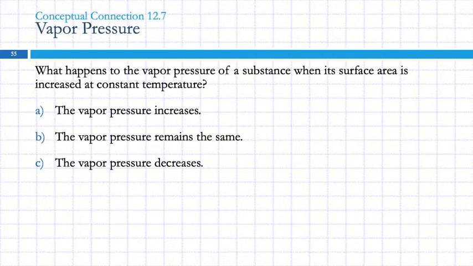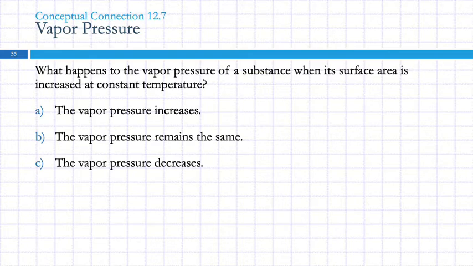How would increasing the surface area affect the rate of condensation? So you think about the gas molecules bouncing around. Now we're giving them a huge target. More of them are going to hit the surface, right? Because that's when they condense, is when they run into the surface. If we have a very small surface area,